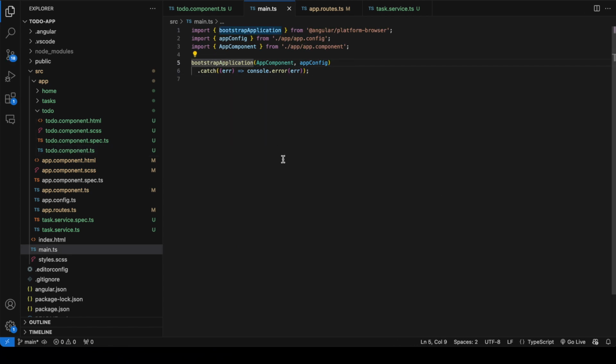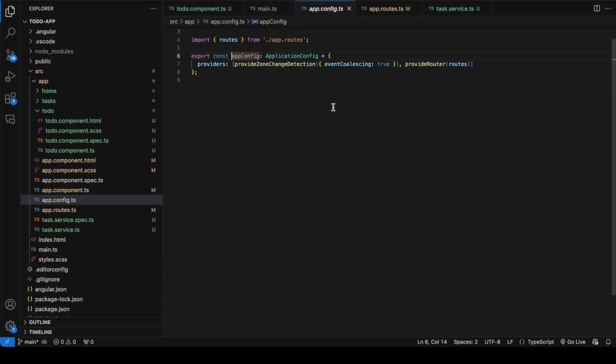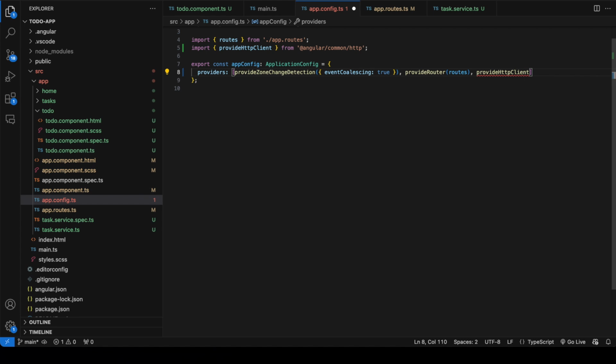It has bootstrap applications. Bootstrap applications has two parameters: the app component, that is the first component that will be loaded, and the second thing is app config. If you will go inside this app config, you will find there is a providers. In the provider sections there are multiple providers. Right now I have to add one more provider, that is called provide HTTP client. And if I will save now,